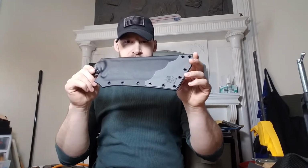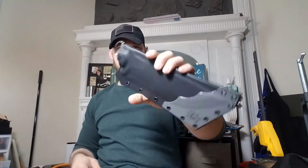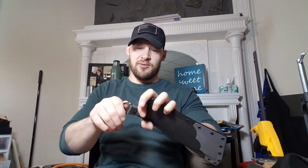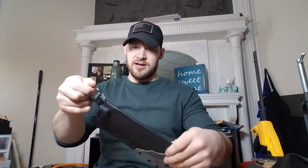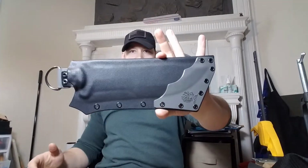So anyway, this first one is going to William. Sorry dude, I can't remember where you're from. I gotta look at the notes before I ship it, obviously. But he asked for just a basic sheath with black and gray tip, gray accent plate. It is going to be on a leather dangler. I just haven't actually attached the dangler yet. But I wanted to record this video real quick so that I could do a few danglers at the same time later. So anyway, there will be a dangler on it. I'll probably stamp his initials as well as my logo into it, but the sheath is going to be pretty basic, just like that. So dangling on the right side,